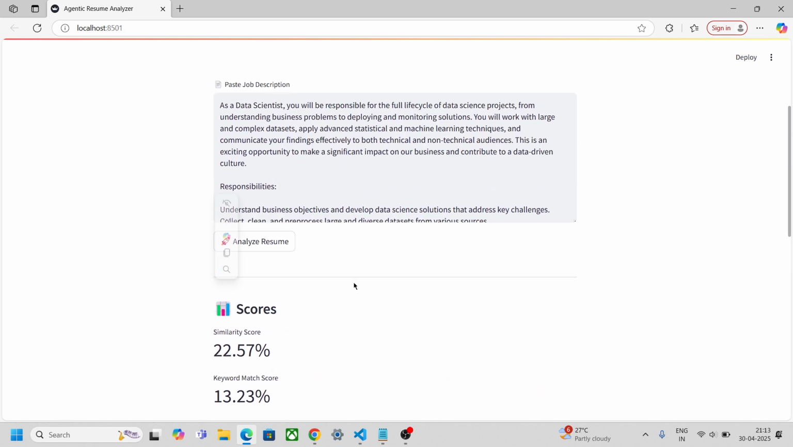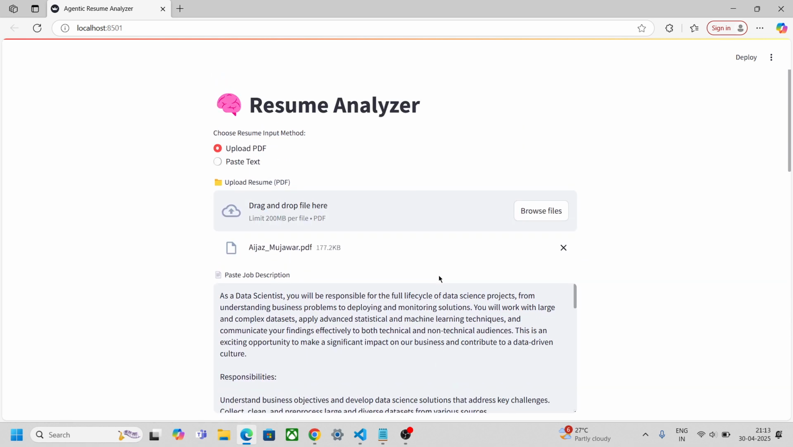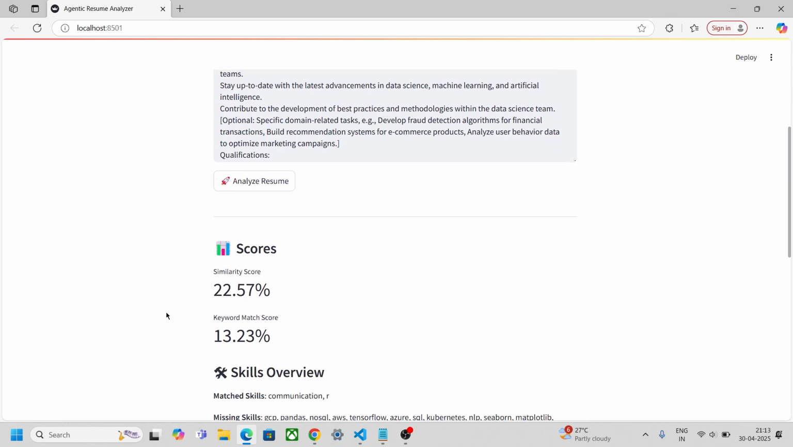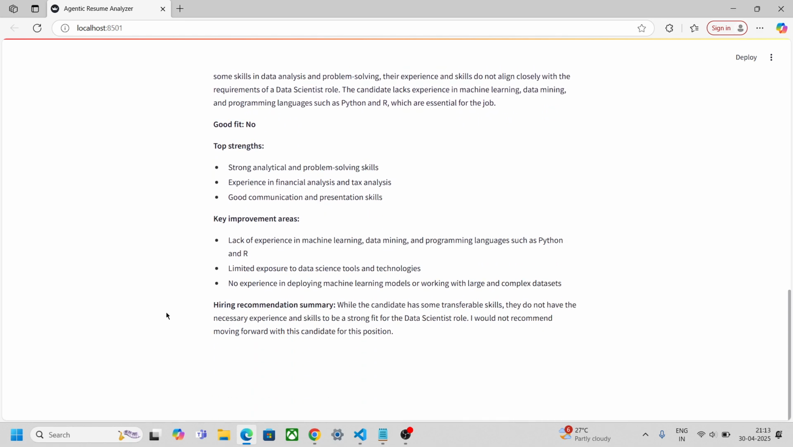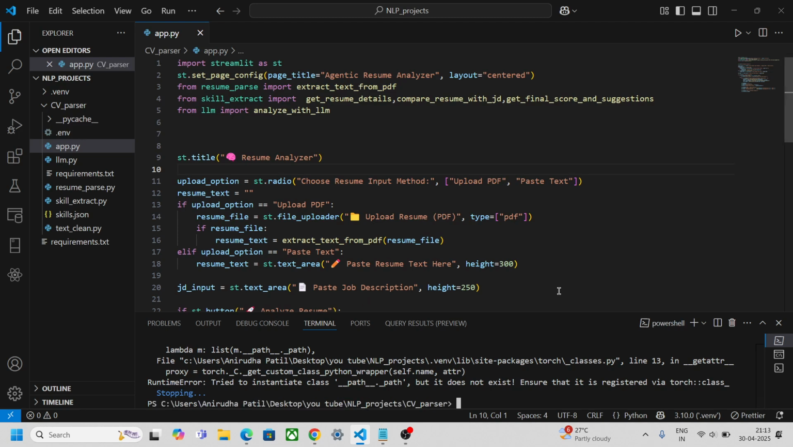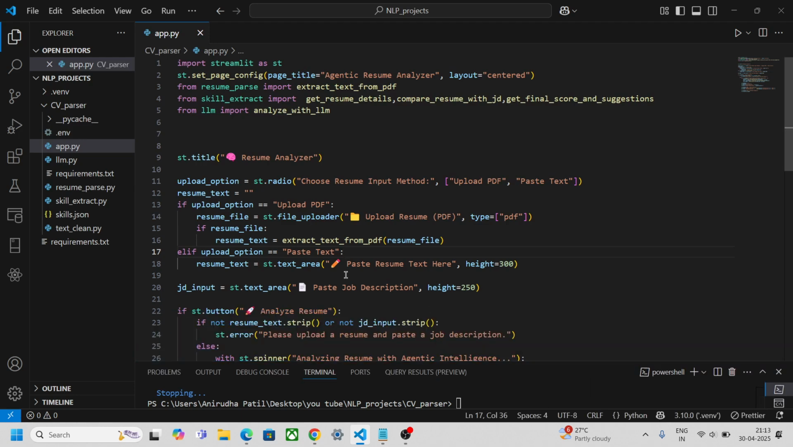So basically this is the resume analyzer, a simple and small yet effective project that you can mention in your CV. Let me take you through the code, what is happening behind the hood. Let me stop this. Once we start the app with streamlit run app.py, what happens is, it first